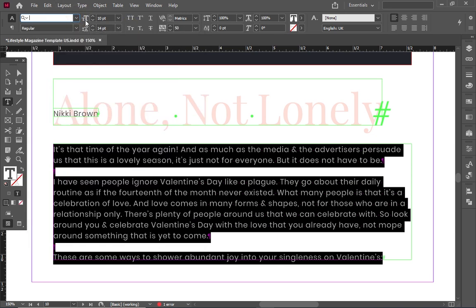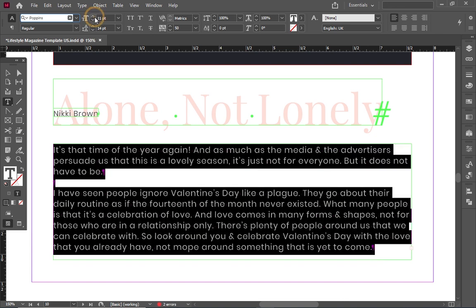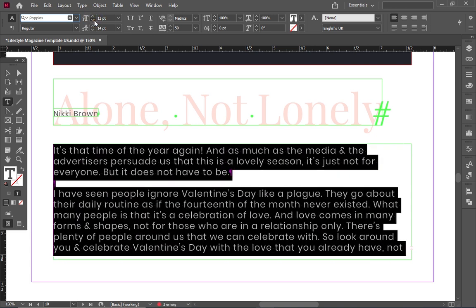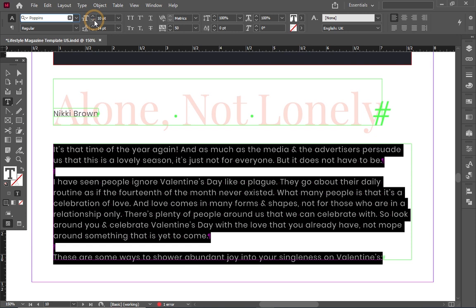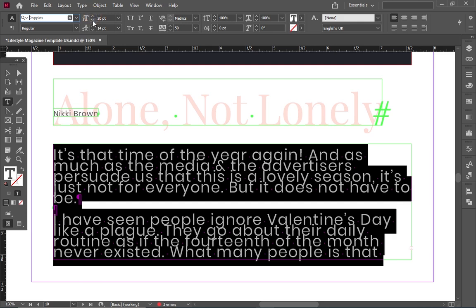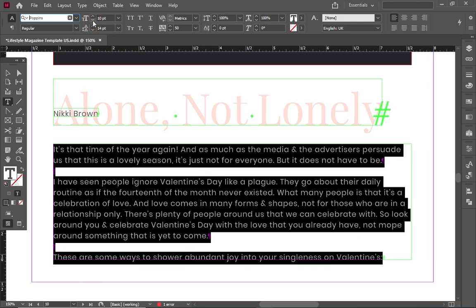Okay, so now we have this one, which is the font size. To increase the font size, we already know of it. It increases the font size. Anytime you want to increase it by 10, you just hold Shift and then click on it. It decreases it by 10 when you hold Shift and click the decrease. So I've also taught you how to use